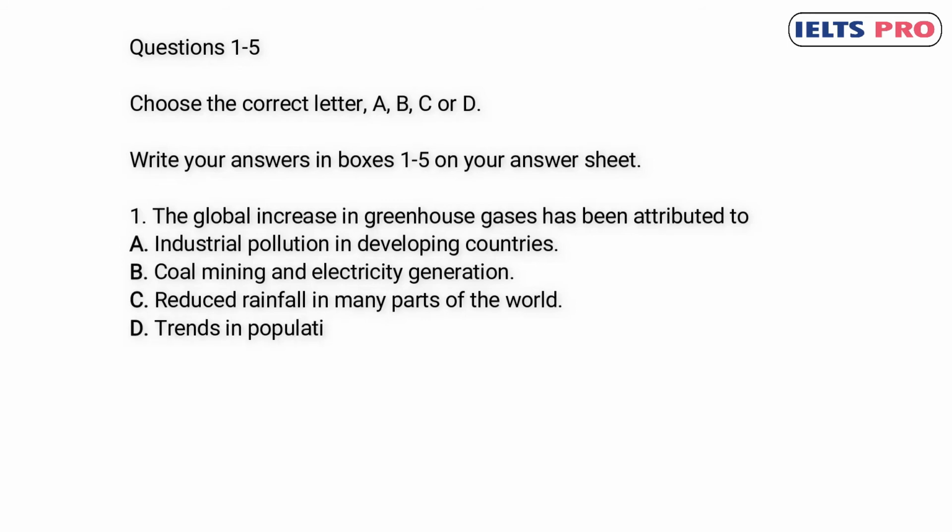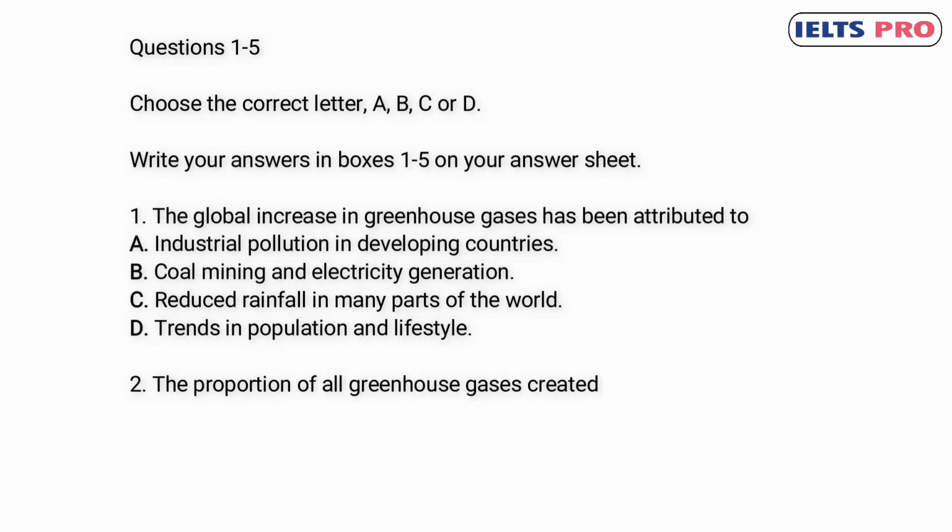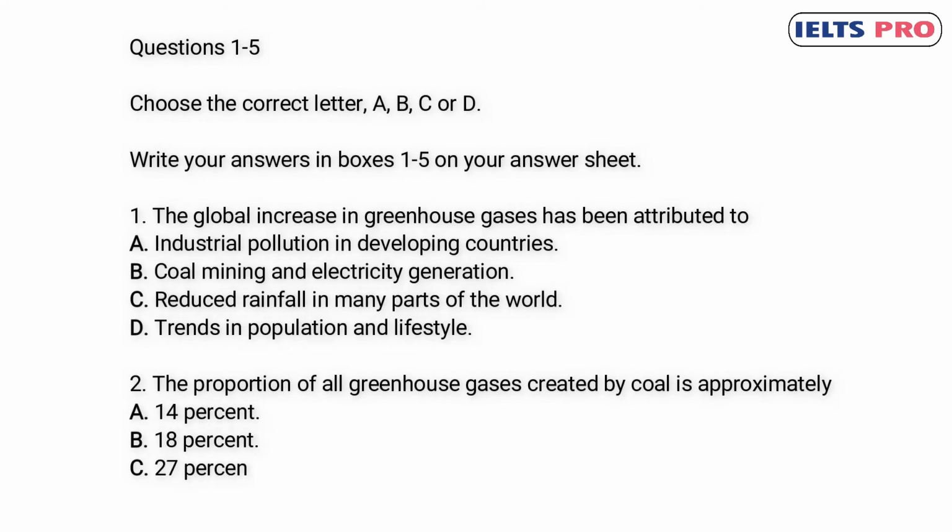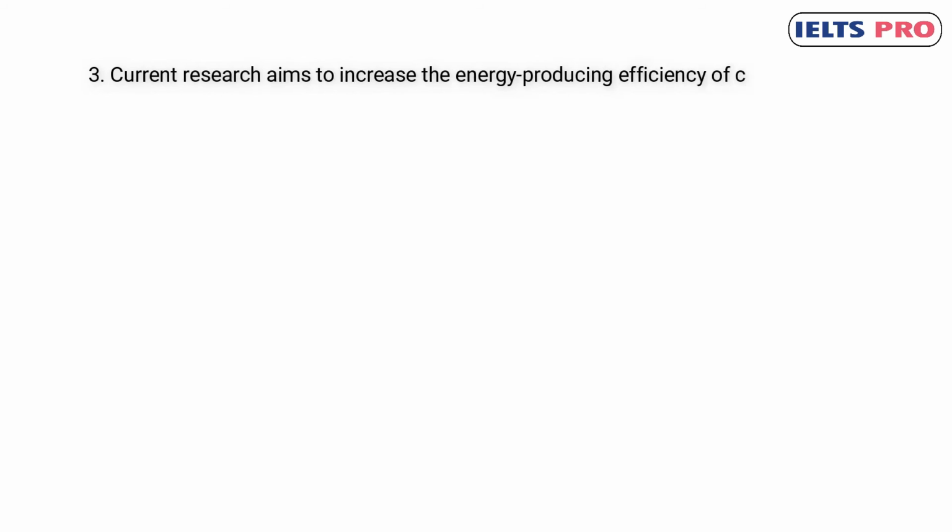D. Trends in population and lifestyle. 2. The proportion of all greenhouse gases created by coal is approximately A. 14%, B. 18%, C. 27%, D. 90%. 3. Current research aims to increase the energy-producing efficiency of coal by A. Burning it at a lower temperature,